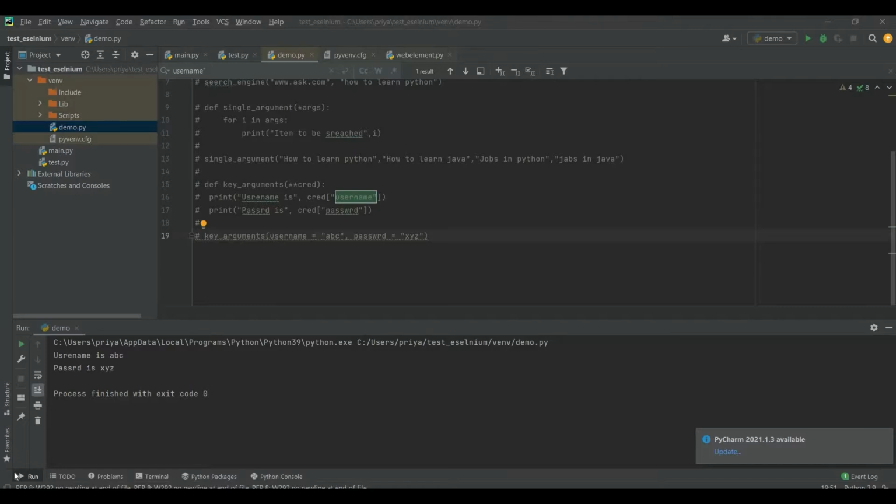So that web page will take some time to load, but meanwhile the browser hasn't opened and you're trying to search something, so that will not be a correct test case, right? You have to wait for some time and then perform your search. In that case, the time function or sleep function is very useful. Basically, it will suspend the execution for the given number of seconds which you are passing. Let me show you one example.